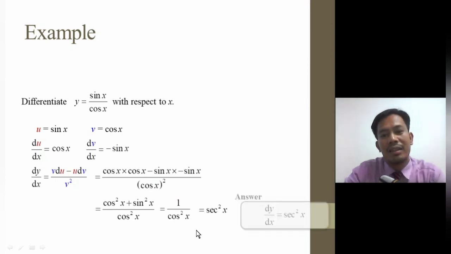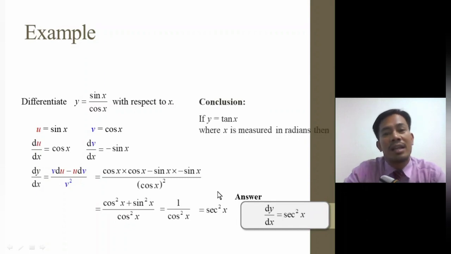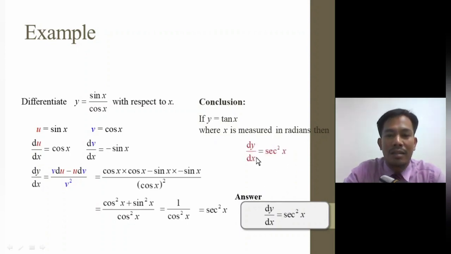Thus, dy over dx is equal to secant squared x. And you will be telling me now that if y is equal to tangent x, because tangent x is basically sine x over cosine x, where x is measured in radians,